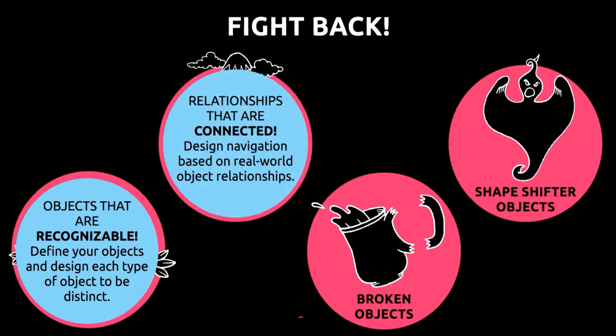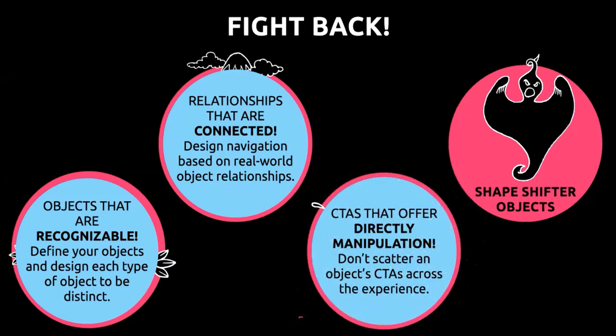Isolated objects come from defining the relationships and actually paving the way for navigation through the relationships. That is the most intuitive way to navigate for a user, through those real world relationships, not through a list of links at the top of your page. There's nothing intuitive about that. And then broken objects are objects that are not directly manipulable. So if I need to drink my water, I need to click on a menu up in the left-hand corner, which is not how the real world works. If I want to drink my water, I pick it up,